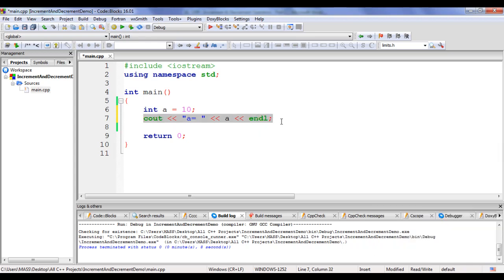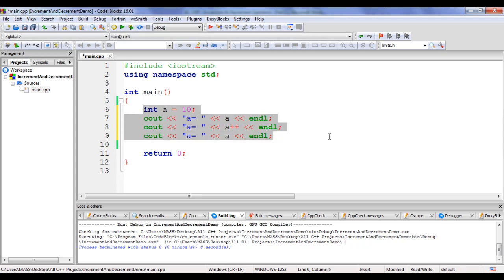I'm going to copy this line of code, paste 2 times. Then I say here a plus plus. What output we get when this code is executed, guys? By seeing this code, you may say here the value of a is 10. We get here a equal to 10 displayed, right, guys? By seeing this, you say here the variable a value is incremented by 1. That means we get here a equal to 11 displayed, right, guys?